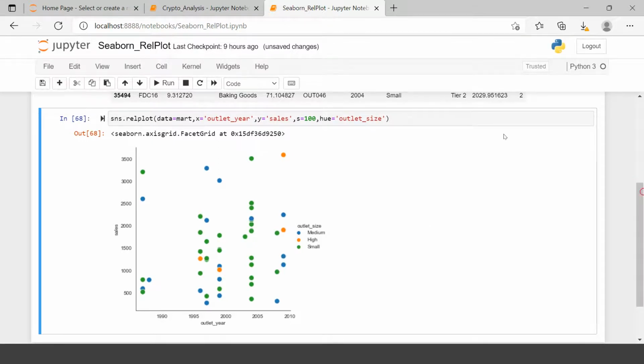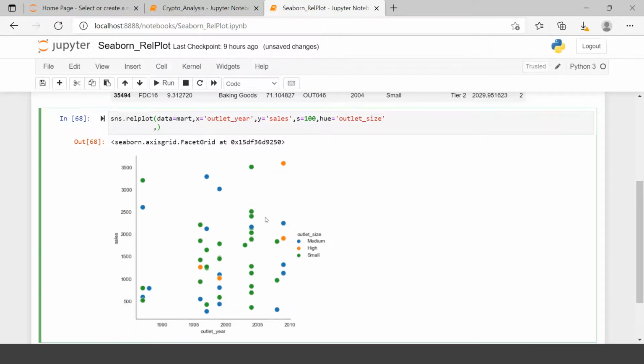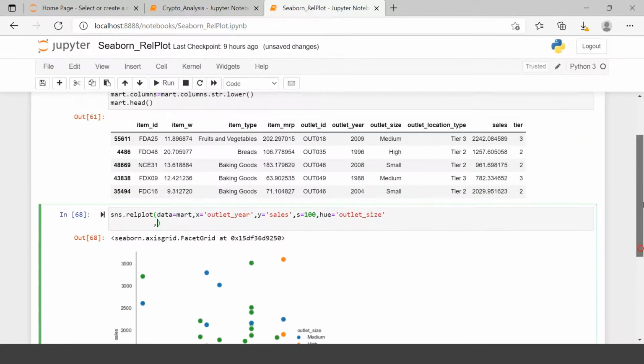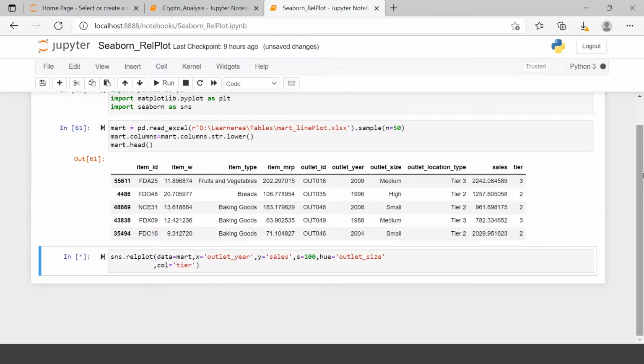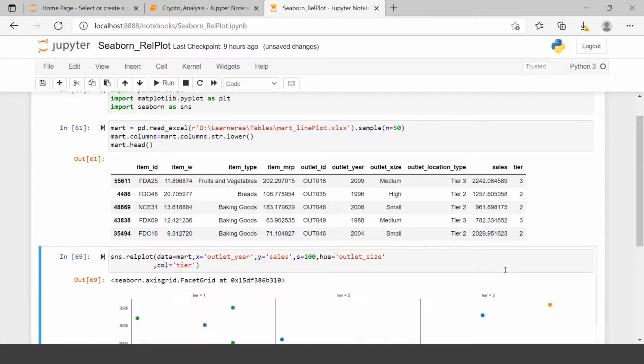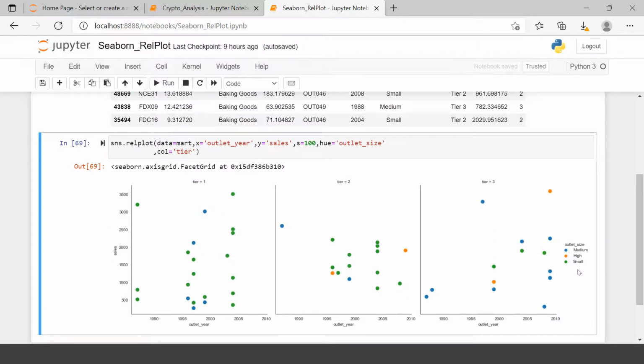All right. Now, as I was explaining in the beginning, we can have a different column for each of the unique items available in a given categorical variable. For example, here we're going to consider item type. Let me show you with the tier example. Because that has fewer unique items, here I will just use col equals tier. So when you use that, you're going to get 3 charts, because you have 3 different tiers: tier 1, tier 2 and tier 3.